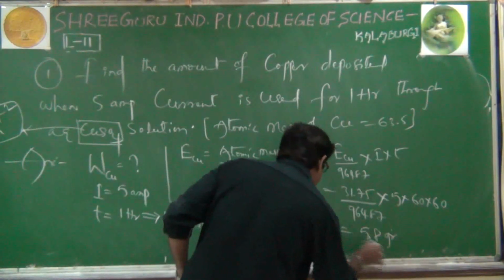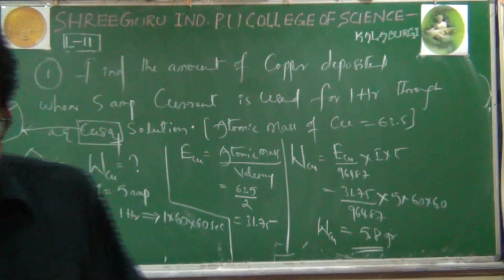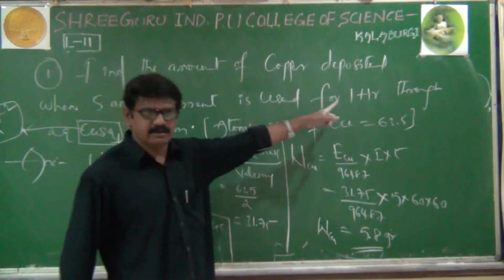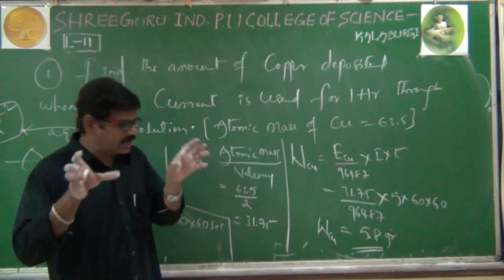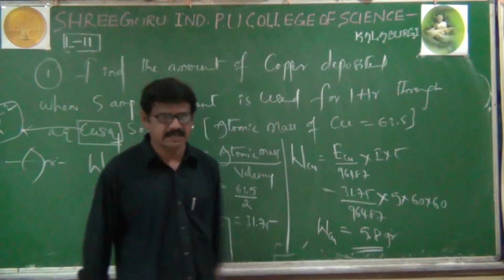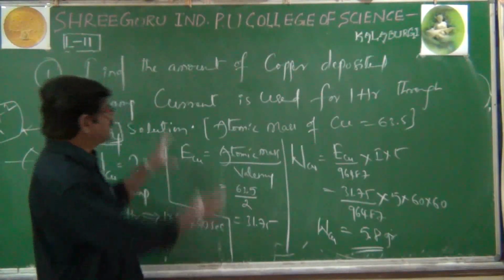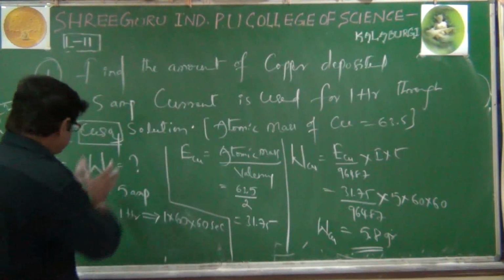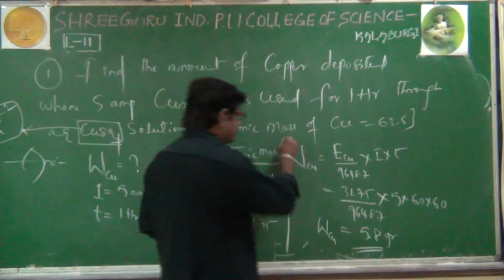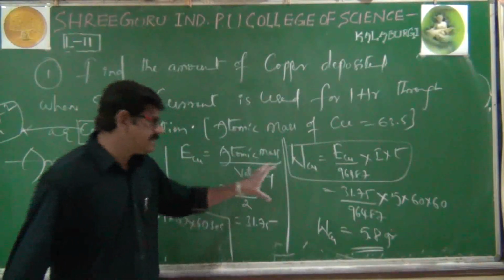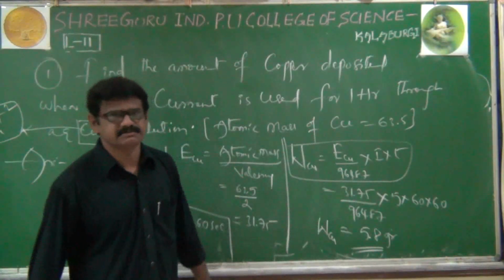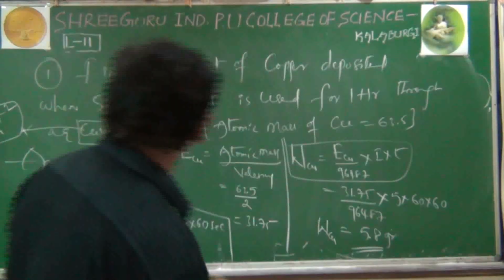Mass of copper means, if you pass 5 amperes current for 1 hour, then at the electrode copper will deposit 5.8 grams only. That's all. That's why, after observing the question, we have to write its appropriate data first. Based on the data, first we will write our main regular formula, and in that, what he is asking and what he has given, we just have to substitute, then we will get the answer. Right. We will go to the next question.